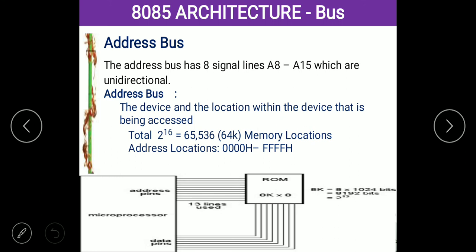The address is like the address of our house. In our home we have an address for our house, for example door number 72, door number 60, door number 2. Similarly, each element of the memory in the hard disk has its own address. This bus is used to transfer only those addresses from the hard disk or RAM to the processor, or from the processor to the RAM or to the register, whatever it may be.